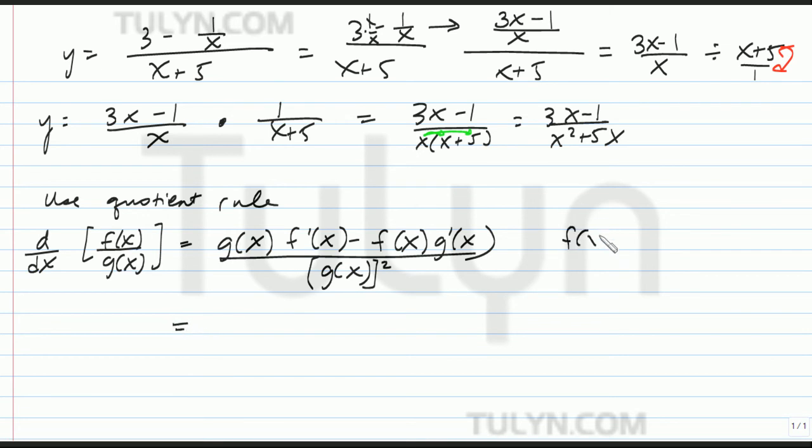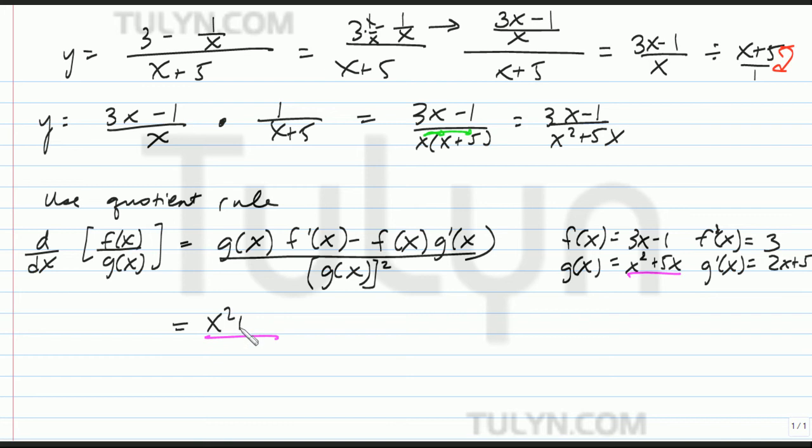So go ahead and find that. Set f of x equal to your numerator, which is 3x minus 1. F prime of x equals the derivative of f of x, which is 3. G of x is equal to x squared plus 5x, and g prime of x is equal to 2x plus 5. So go ahead and just substitute. G of x, which is x squared plus 5x, times f prime of x, which is equal to 3, minus f of x, which is 3x minus 1, times g prime of x, which is 2x plus 5,